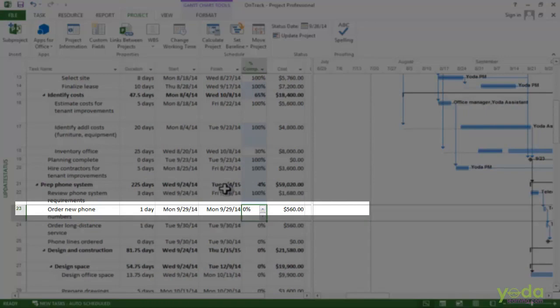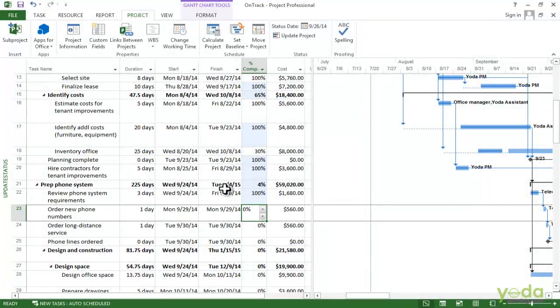If you don't need accurate values for billing customers or paying contractors, you can update your project in a hurry with a few handy shortcuts. Once you are caught up, you can go back to recording progress as usual. I hope the concept is clear to you.